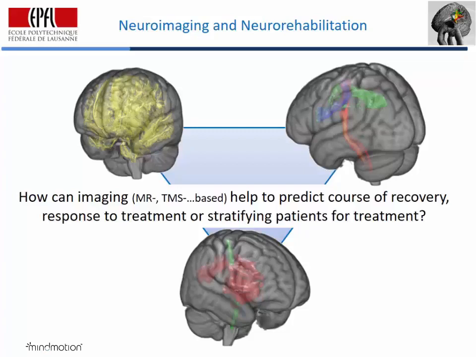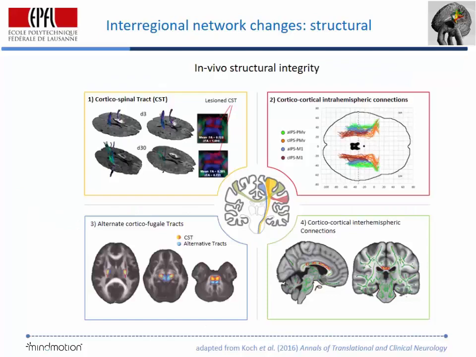idea in this regard. By using modern MRI-based neuroimaging techniques, we can basically monitor structural integrity in vivo. Most of the work is done with diffusion tensor imaging, and then you can read out factors which are associated with structural integrity or structural connectivity between certain areas or in certain tracts. The most explored is for sure the corticospinal tract, and it's obvious that if the corticospinal tract is relevantly disturbed, this is associated with residual motor function. This is what we all know from clinical daily life, what you see